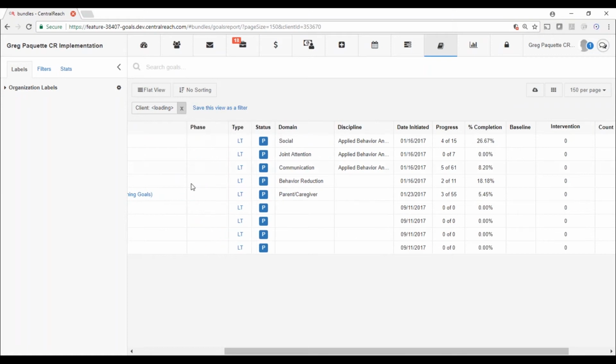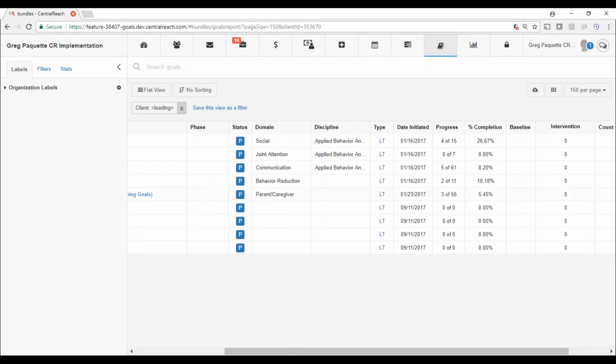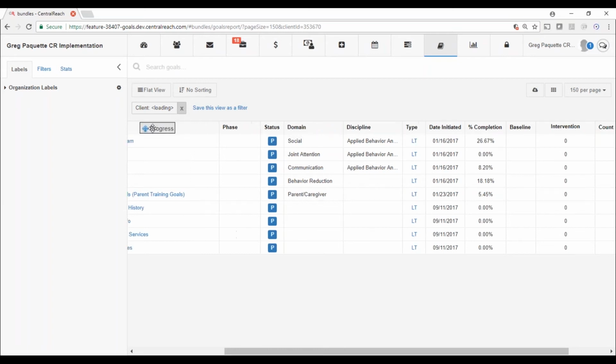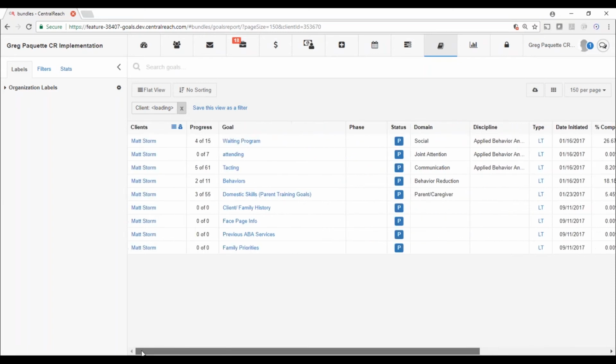Okay, so I am going to show you something. I'm going to search for a client, bring up his long-term areas, and click flat view, and I'm going to change it to tree view. All of you that are probably on here are very familiar with learning trees. Everything starts there. I'm going to click,